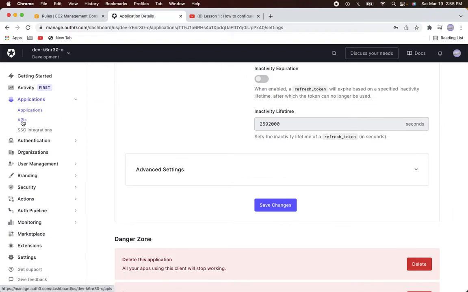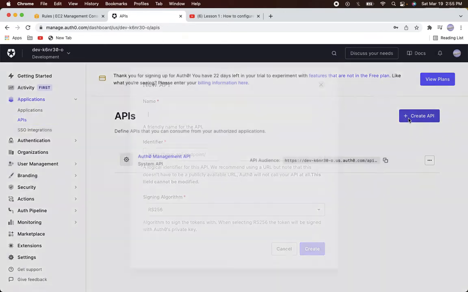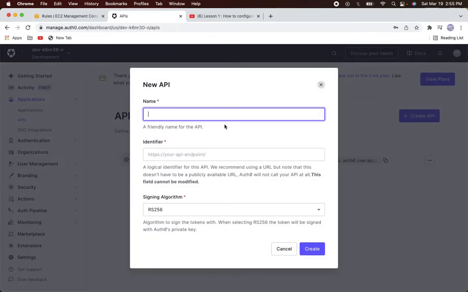So we need to do one more step in Auth0. So let's go to the APIs and create a new API. So even though it says API, it's actually a different concept in Auth0. I can post a different video on what it actually means, but as of now, for this demo, let's just create an API application in Auth0. So it's not like you are building an API application here. You are just configuring